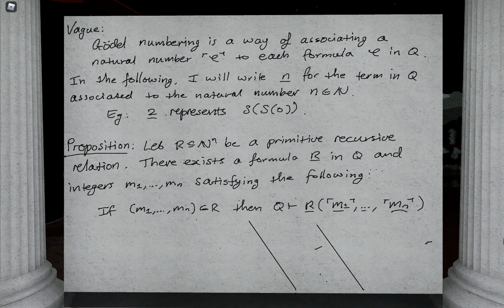And so I guess, as you've written here, you've got a number with quotes around it and then underlining it. So there's sort of 3 different steps there. That's probably confusing if you're not paying attention. Yeah, absolutely, this is a bit confusing if you're not paying attention. And indeed, this is the core of the argument. So I think this proposition, which I've just written down, is the key.